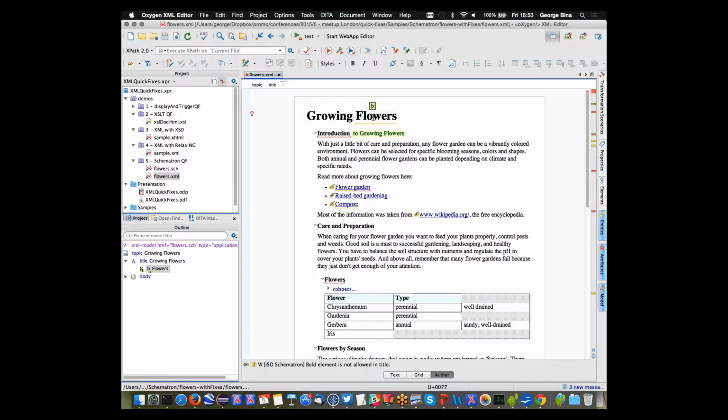In Schematron, we also support different levels of reporting errors. Using the role attribute, we can control, say, this is a warning, or this is an error, a fatal error, or just an info. In this case, we show, let's say, a warning that the bold element is not allowed in title, but